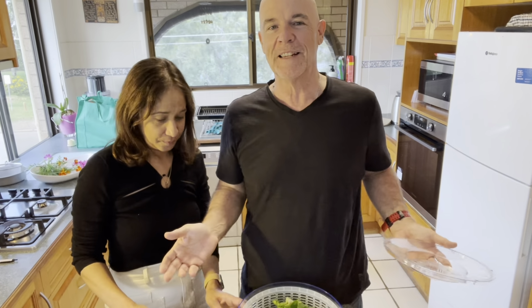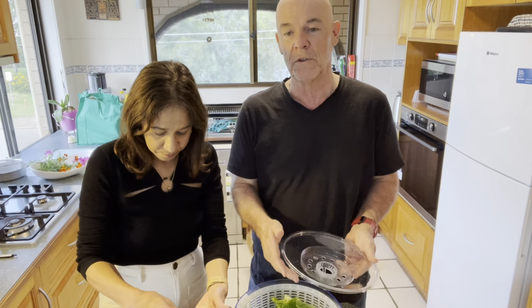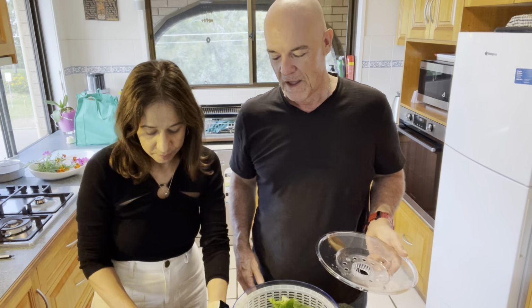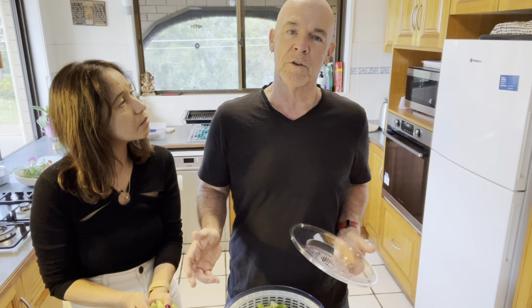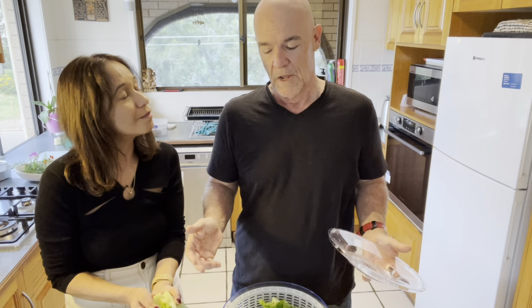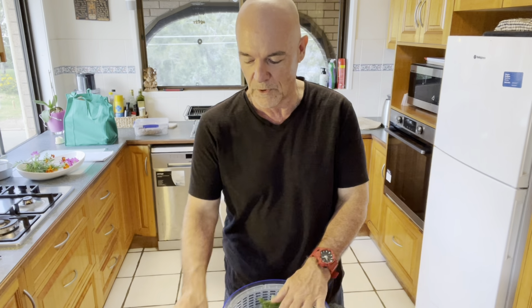So we washed the lettuce and now we put them in the bowl. What we have here is some of the offcuts that people don't like. It's important to cut the lettuce, but also just take it apart. Often people don't want to use a knife with a lettuce because it might make the lettuce go brown. So that's why we've just separated the leaves like this, given them a good wash, and now they're going in something called a salad spinner,